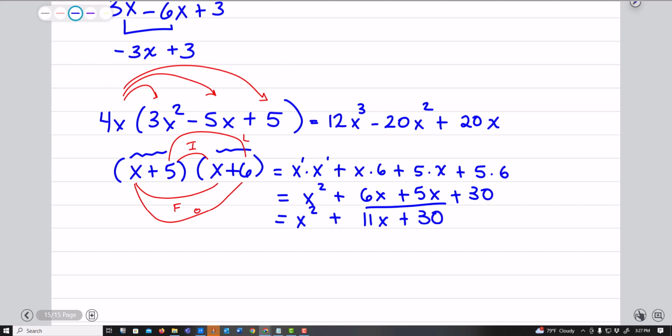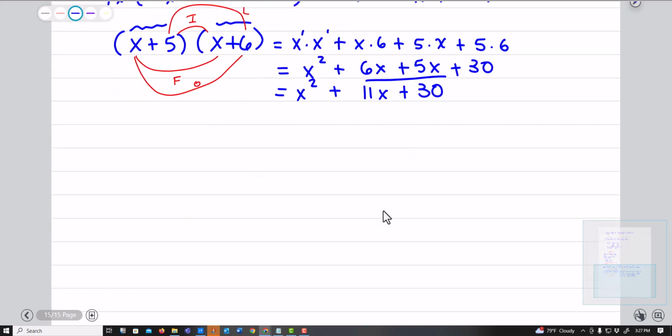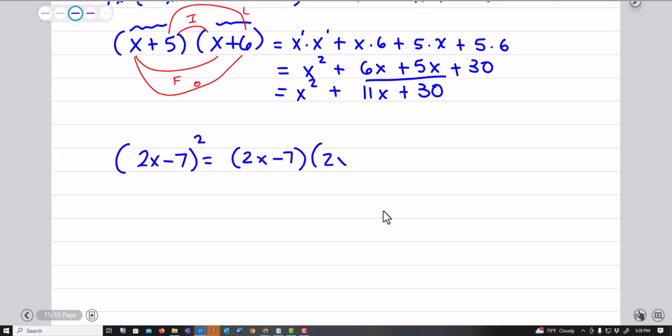Just kind of picking some more problems out here. So once you get through multiplying, if you have something like, let's say 2x minus 7 squared, you have to be careful because that means 2x minus 7 times 2x minus 7. Okay, you can't do that rule where you bring these values inside or you're going to miss the middle piece. So if I FOIL this,